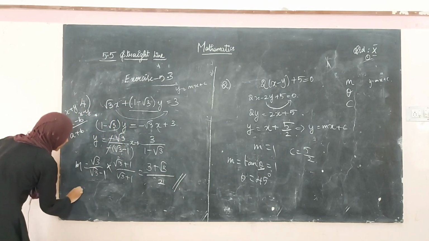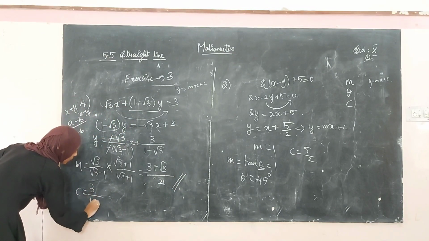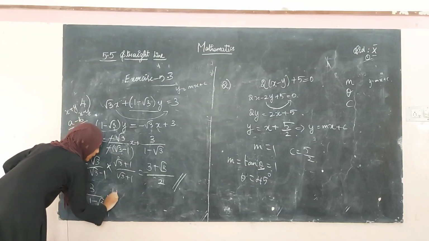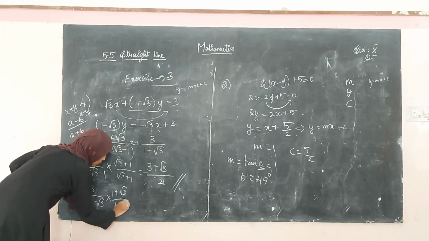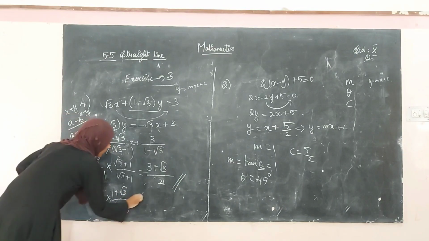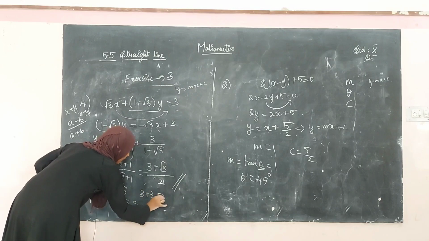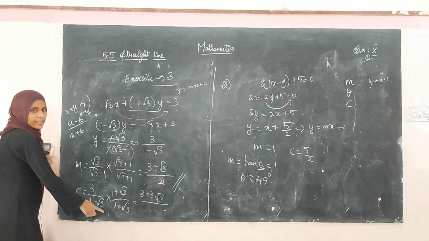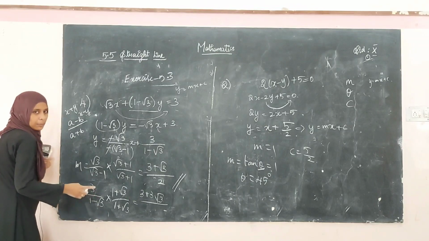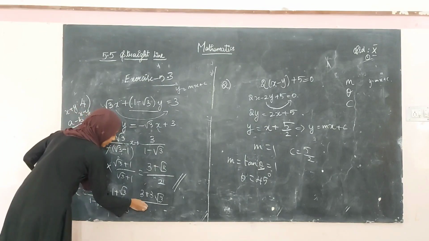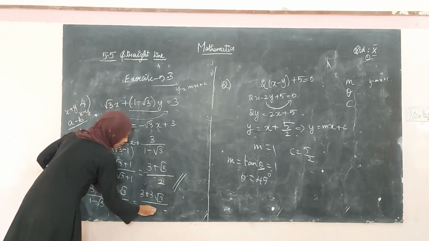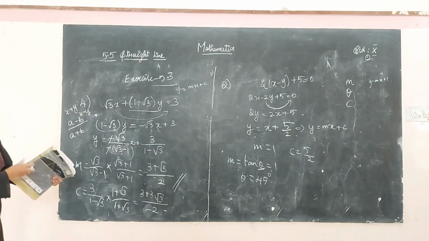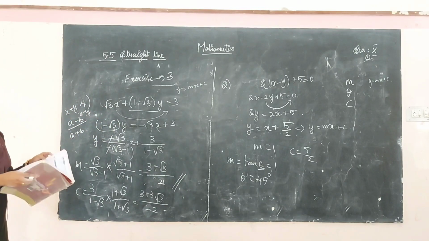Now coming on to c. c is equal to 3 divided by 1 minus root 3. In the same way, multiplying both numerator and denominator by the conjugate, 1 plus root 3 divided by 1 plus root 3, equal to 3 plus 3 root 3 divided by a minus b into a plus b, a square minus b square. So 1 square is 1, minus b square is 3. So here it is minus 2. So 3 plus 3 root 3 divided by minus 2 is the answer for c, that is the y intercept.